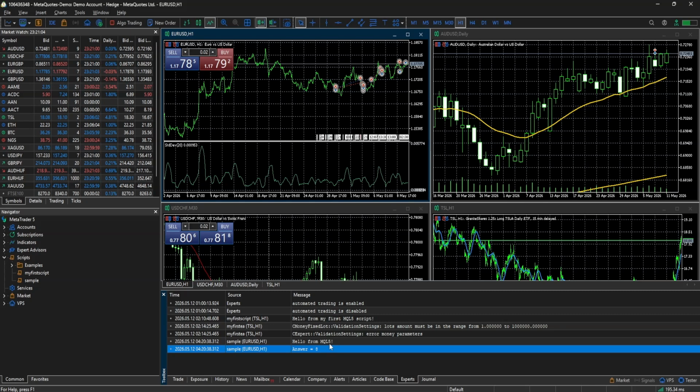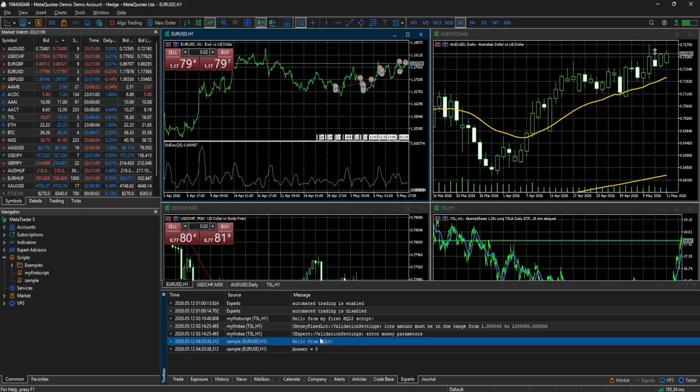You created a script, learned how functions can print messages and return values, compiled your code, ran it, and verified the output in the journal. This simple pattern is the backbone of organizing logic in MQL5, and it sets you up to reuse code cleanly and build more powerful